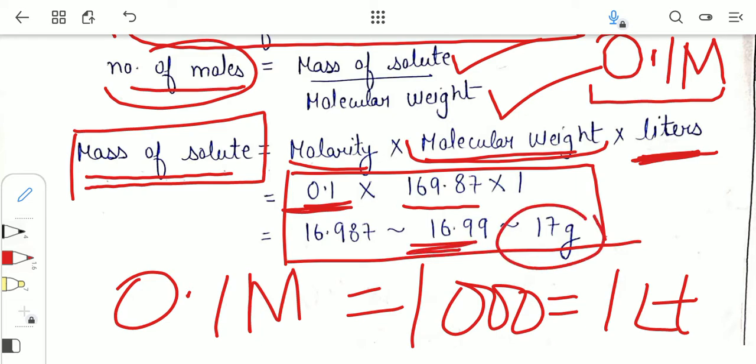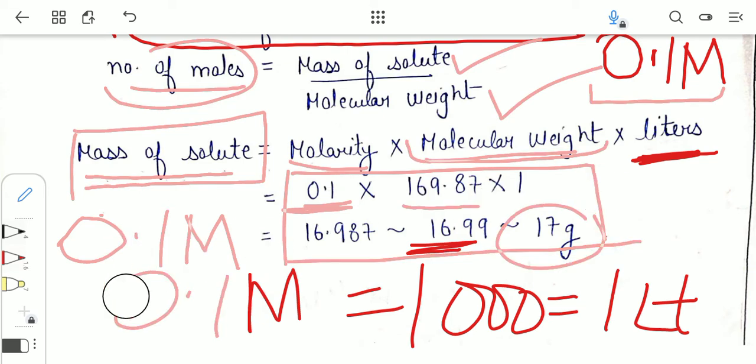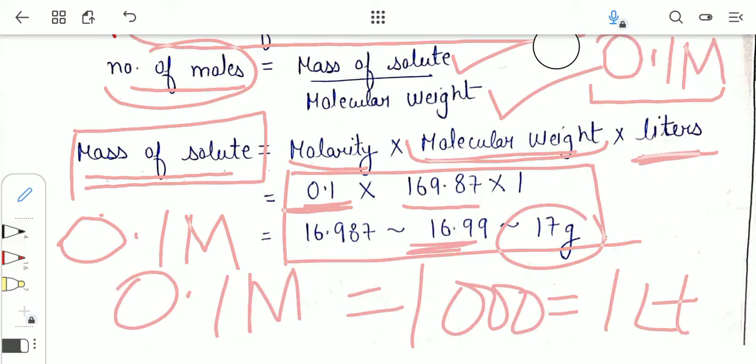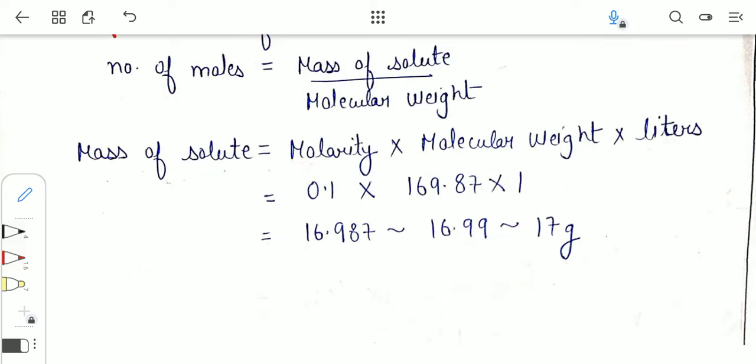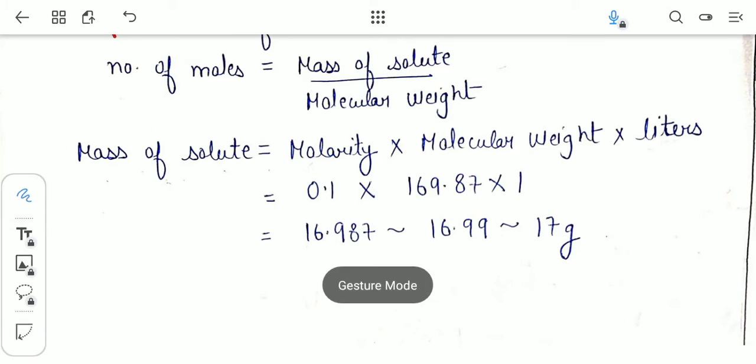This means that when we dissolve 17 grams of silver nitrate in 1000 ml of distilled water, the solution which we get will have strength 0.1 molar. So this is how we have prepared our 0.1 molar solution of silver nitrate, which is our titrant. I hope up to here it is clear to you, because here we have simply used the formula for molarity, which is a very basic formula that we have already discussed in a lot of other videos. Now let us move to the next preparation.